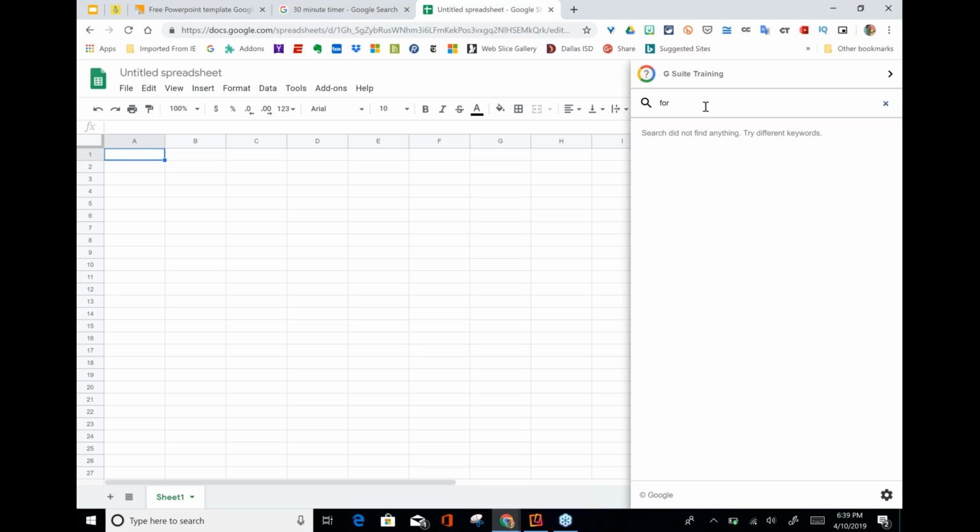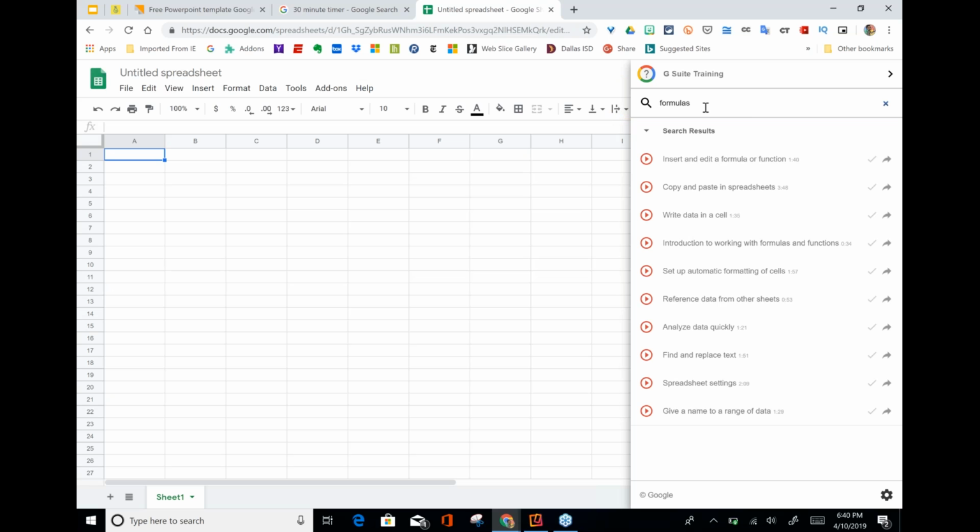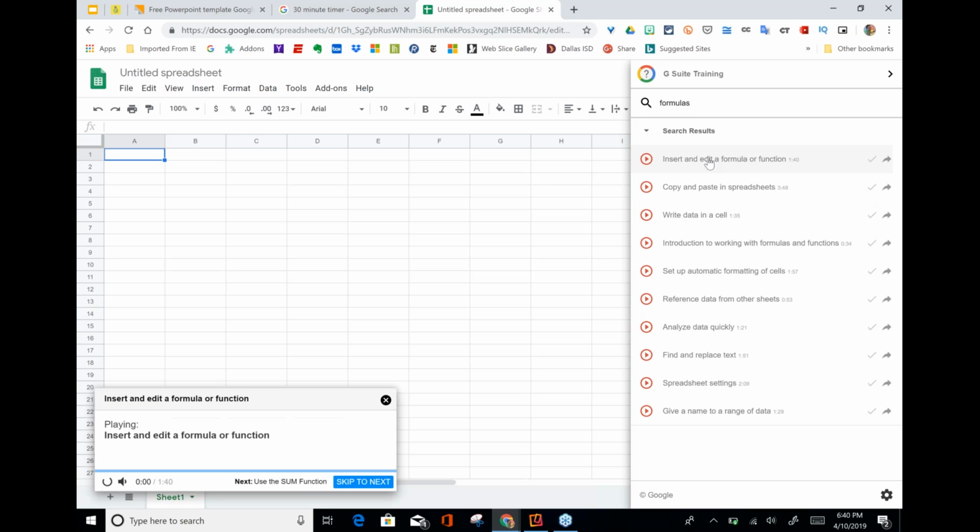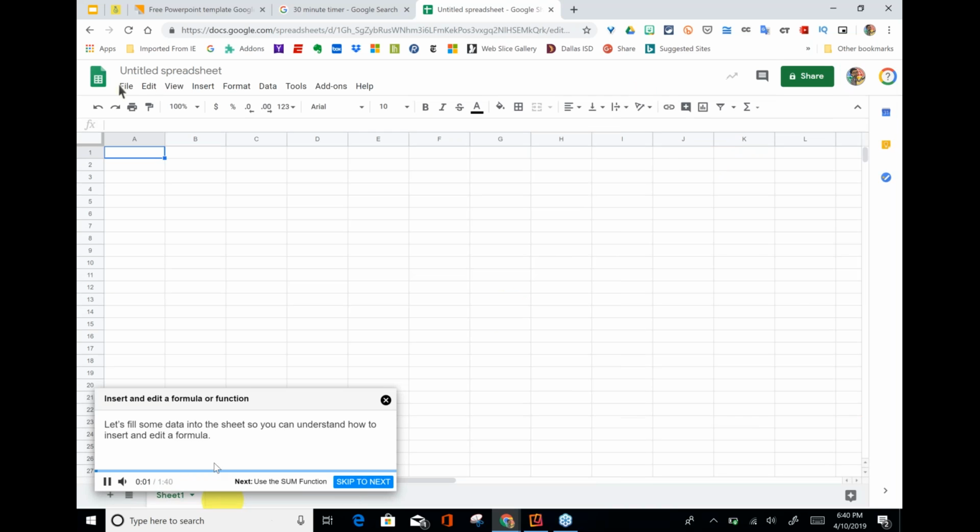Formulas. And then it gives all of these different options of how I can easily use formulas. So I want to find out how to insert a formula. Let's do it. If I click on it,